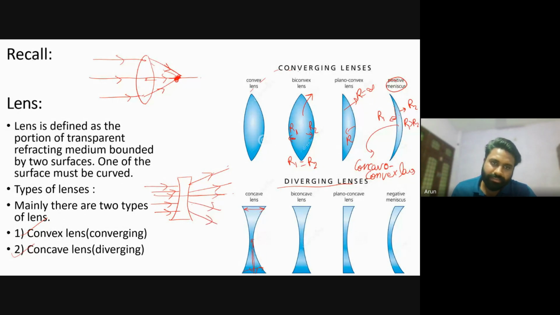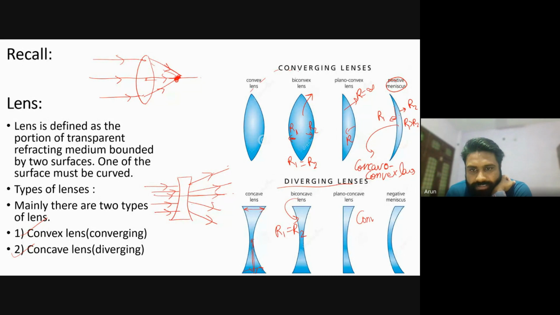Okay, you can see it is diverging the light. So that is why it is a diverging lens. It also has three parts. First is the biconcave lens, in which R1 is equal to R2. Second is the plano-concave lens, in which one of the surfaces is plane and one of the surfaces is curved. And this is the negative meniscus lens,